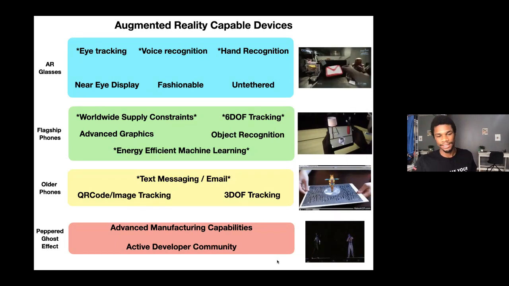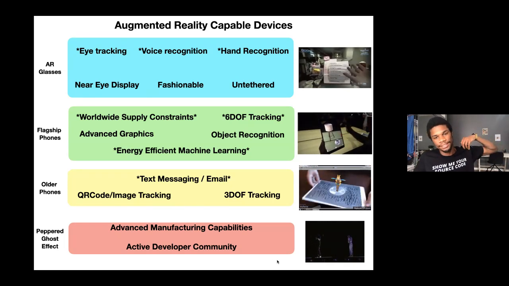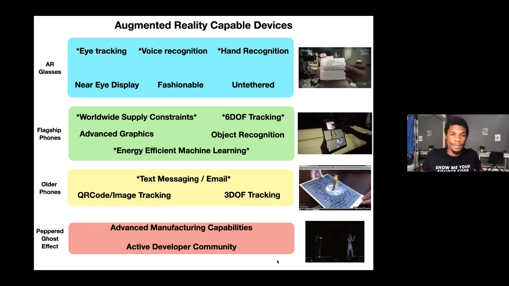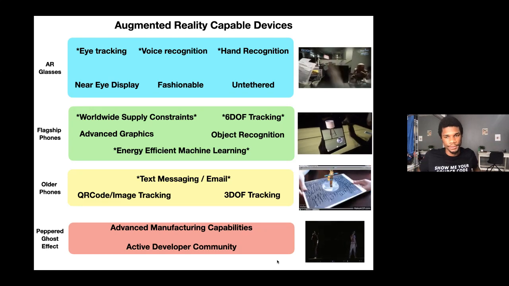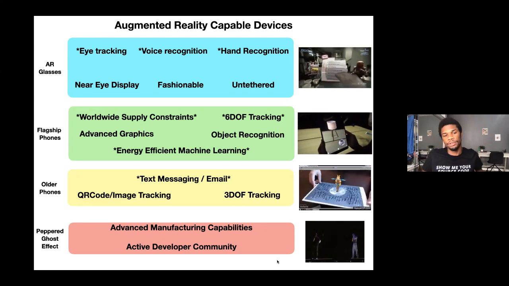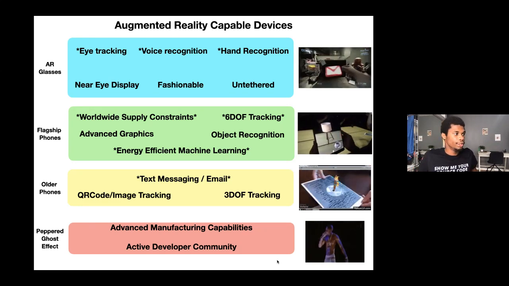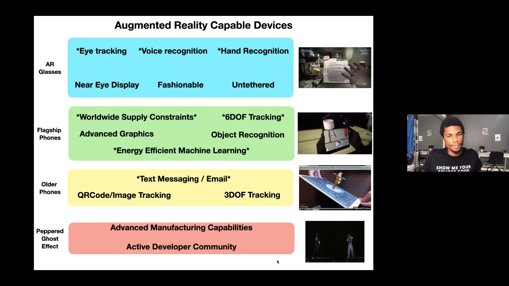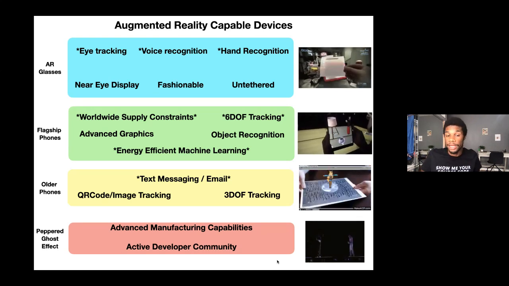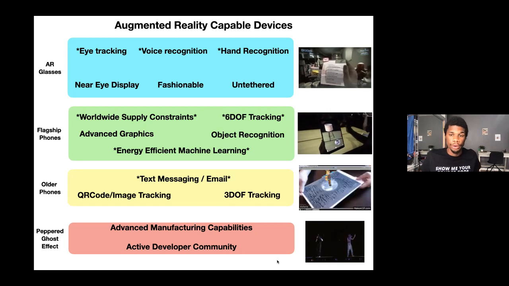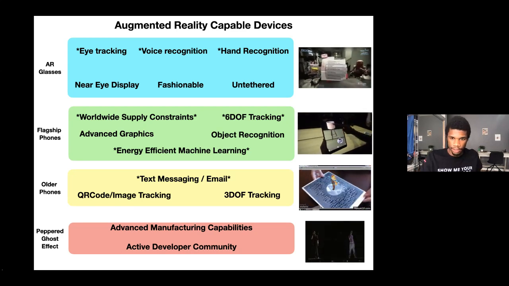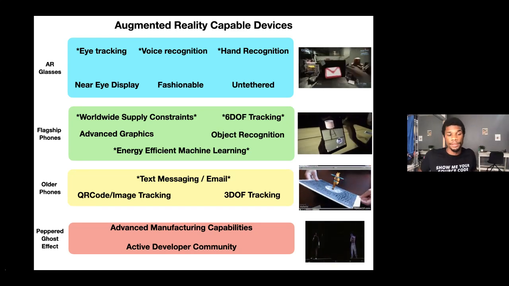And so I always like to show off this chart here. This is a slide I made that just shows all of the augmented reality capable devices. And this just gives you the full spectrum of what can be done or what should be done with augmented reality, because I don't think a lot of people realize how widespread it already is and where it's going. So starting, you can't see my mouse, but starting from the very bottom in that red,